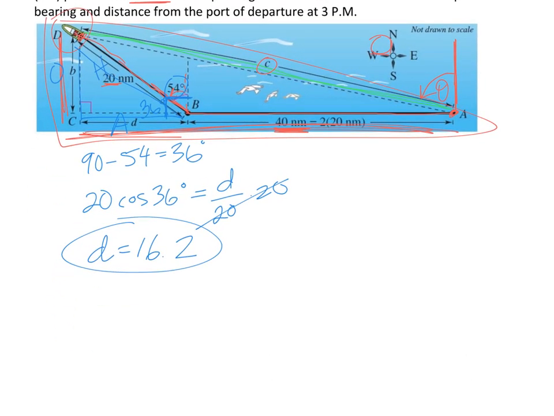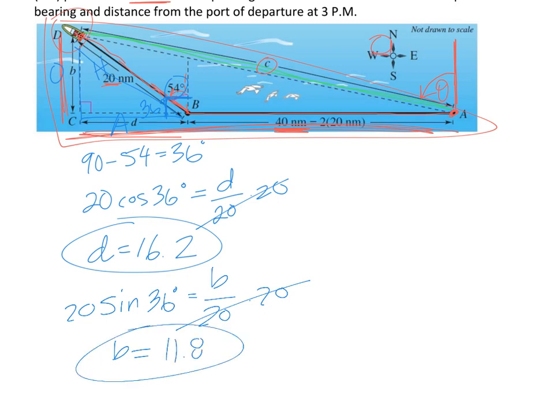And then I'll figure out the opposite, right, which is b over 20. Multiply 20 on both sides. So I get b is equal to 11.8. All right, got those. Now I combine